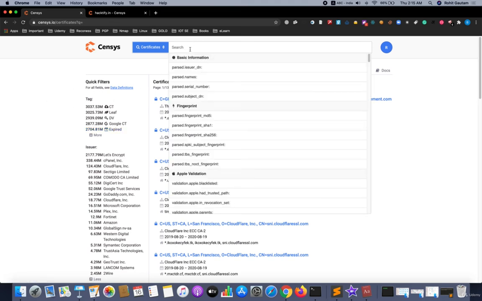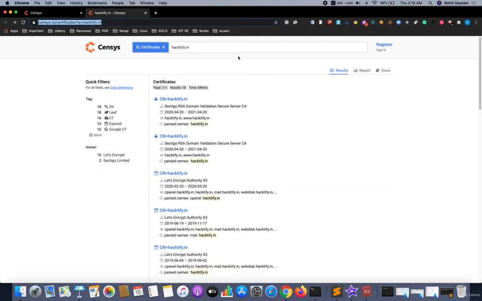So you just need to search over here. What we are going to do is search for Hacktify, which you can see over here. I have already searched for all those domains which have an SSL certificate that matches this particular domain. We are going to see those results from the data of Censys.